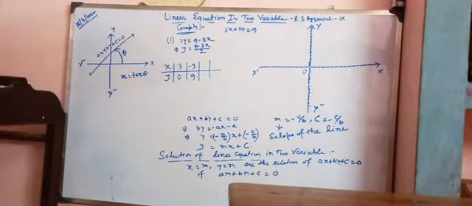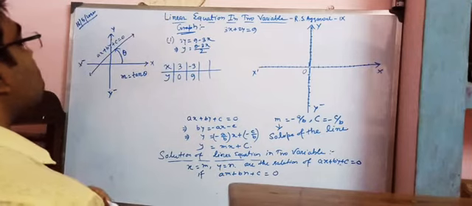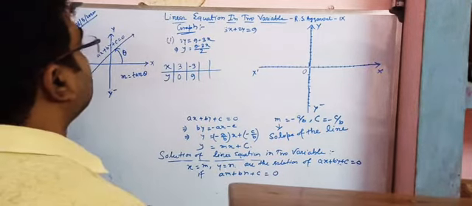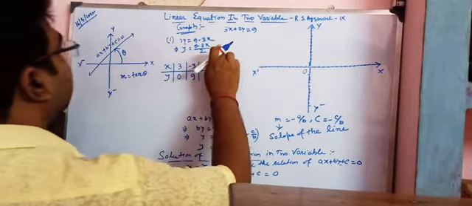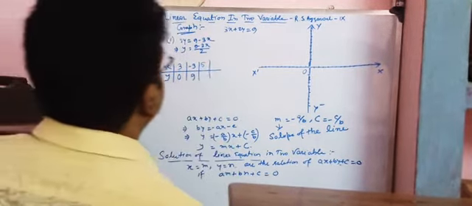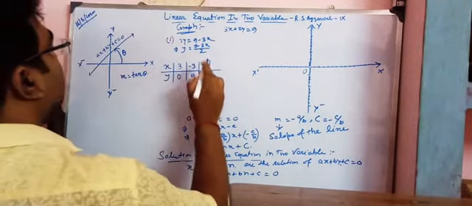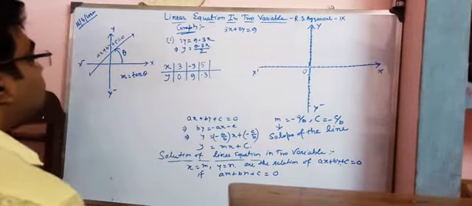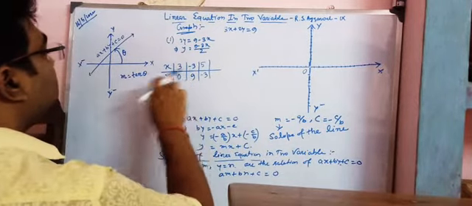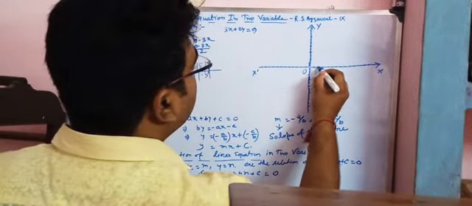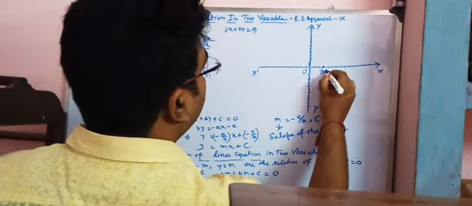So this is okay. Next we have to take, suppose the value of x is 5, so it is minus 15, that means minus 6 means minus 3. Okay, so now we have to put these values in here. First is x is equal to 3, y is equal to 0. So we are going 1, 2, 3, 3 units. This is my 3 comma 0.